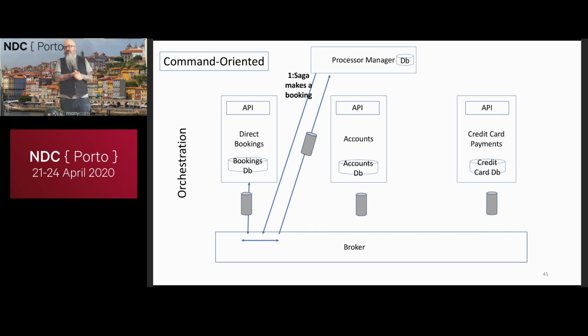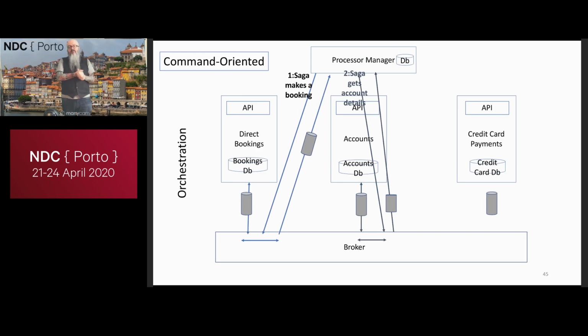The next step in my workflow is to gather the credit card information. So again, I send another message to the account system, and I say, please, can you give me back the credit card details? And then again, it raises a message saying, here are the credit card details for this particular booking workflow. I listen to that, I wake up my particular workflow and I add the credit card details to it. And you can see in the top left-hand corner, we refer to this as command-oriented rather than the previous one, which we refer to as event-oriented. That's because our process manager tends to know that this particular system it's talking to is going to handle those messages and give it a response back.